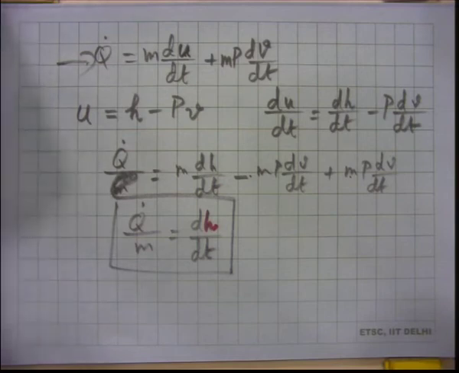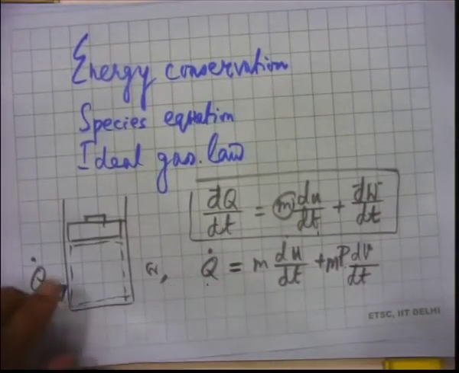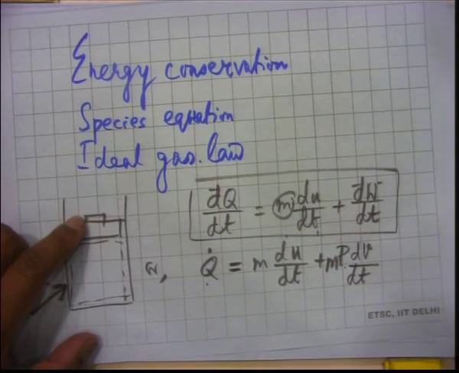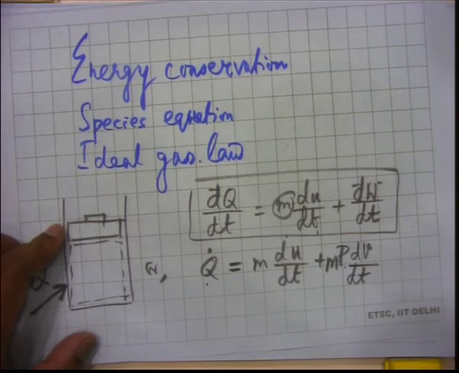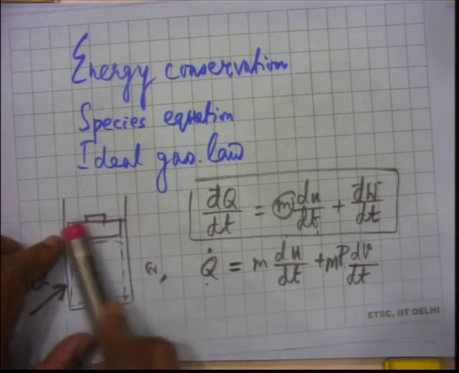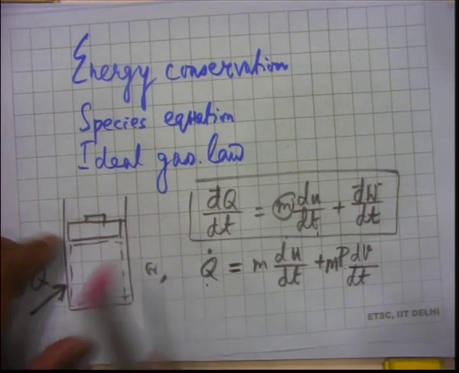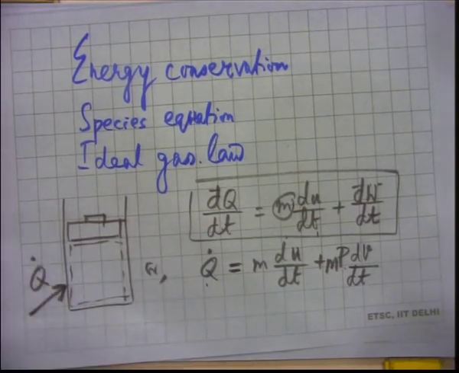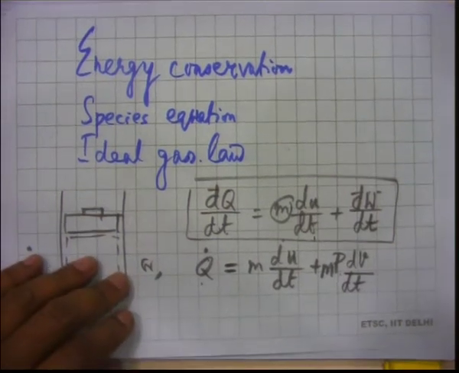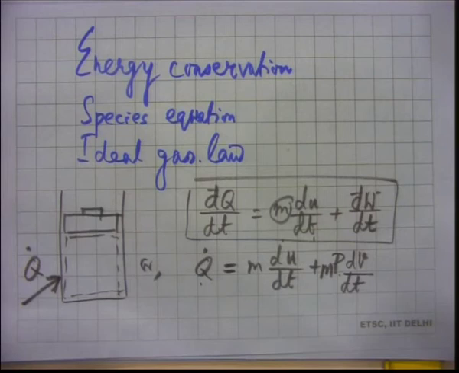So, what I said a few minutes back is that we have a system like this. Unless you change the weight on the piston or you fix the piston somehow, the pressure will always be the same. Pressure is decided by this weight and the area. So, weight divided by area is the pressure. Pressure is not going to change. So, this is a constant pressure system. That is why we could write work as p dv dt.